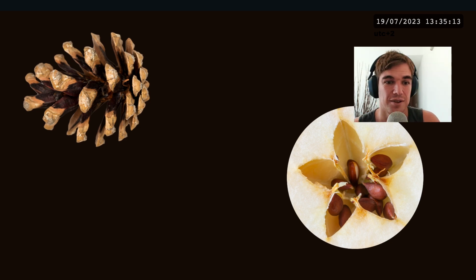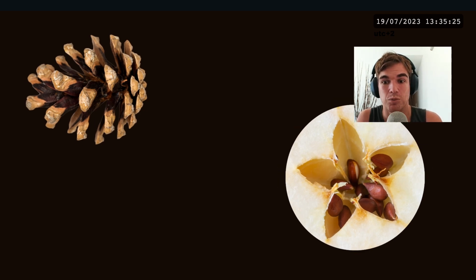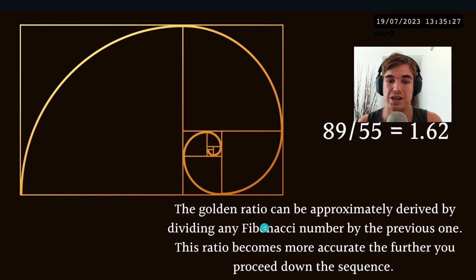If you count the pine cones, for instance, you will come up with a Fibonacci number. The apple seeds have 5 parts into the apple seed area. That's another Fibonacci number. What is even more fascinating about Fibonacci is the golden ratio, which we always use in the retracement of trading. If you divide any of those numbers with the previous number, especially in the big numbers,